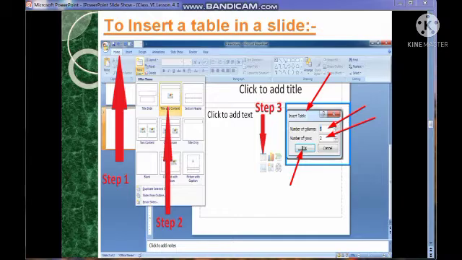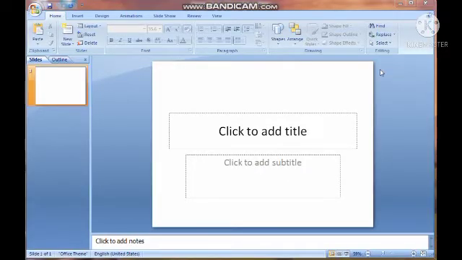So students, I am just going to explain it practically also. I hope you all know very well how to open the Microsoft PowerPoint window. I'm just going to explain how to insert a table in a slide. For that, very first we have to click on the home tab.